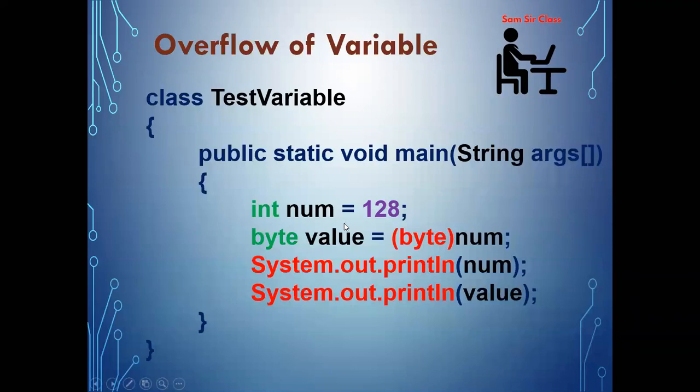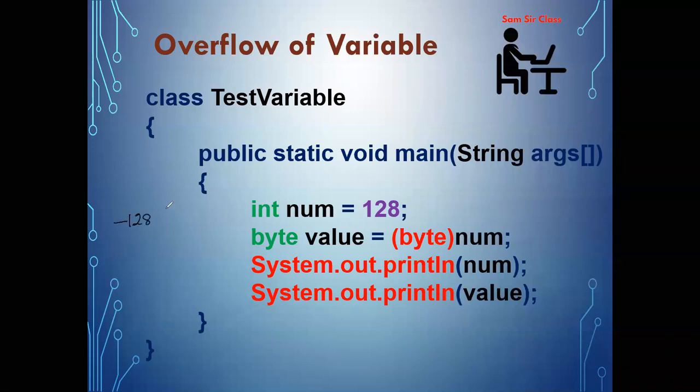You can see this particular example. In the data type chapter, we discussed the size of byte, or the range of byte. What is that? Minus 128 to 127. So this is the cycle. If you represent it, this is 0, 1. On the positive side, this is 127. On the negative side, this is minus 128.